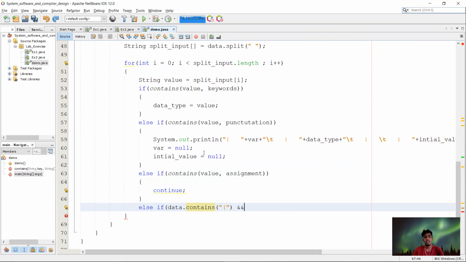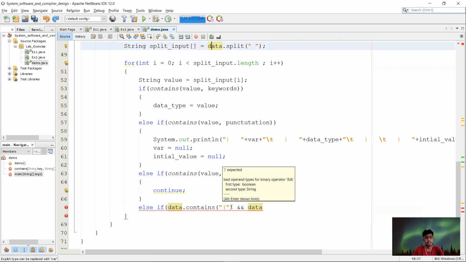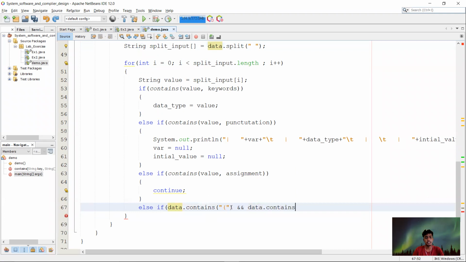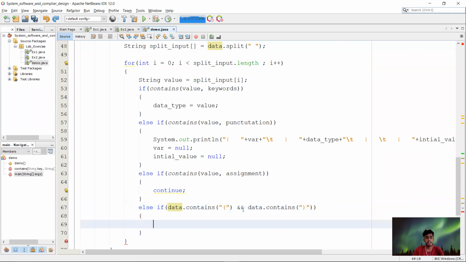If the statement is a function, then for that, if the line contains parentheses, an open parenthesis and a close parenthesis, or both, if it contains them, then what should we do? Then initially the data type will be stored as value. Then afterwards, the next,